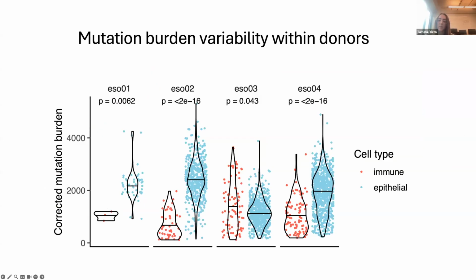We then quantified the number of somatic mutations per cell, and we observed that there is substantial variability across and within donors, all in their 70s. And the mutation burden was in general lower for the immune cells than for the epithelial cells within each donor, which agrees with the immune cells originating from hematopoietic stem cells that divide just once a year, while the epithelial cells derive from stem cells lying on the submucosa that divide every 11 days. However, T cells can sometimes expand within the tissue and divide significantly, which is what we think is happening in donor ESO3.